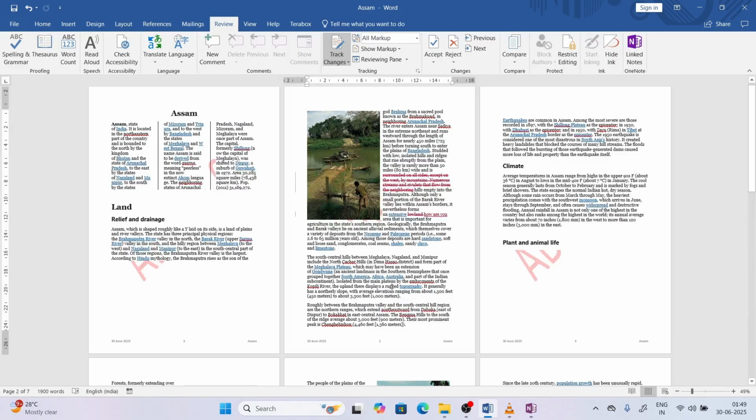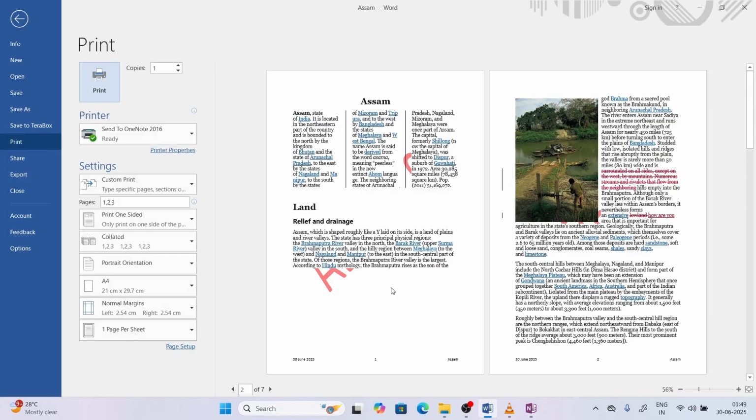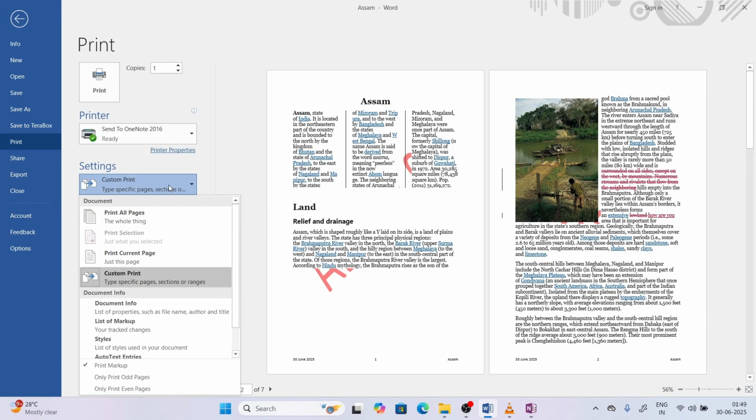So now, next another small thing that sometimes they ask is to print as a booklet, so that also you can do. So how you can do it, so from here